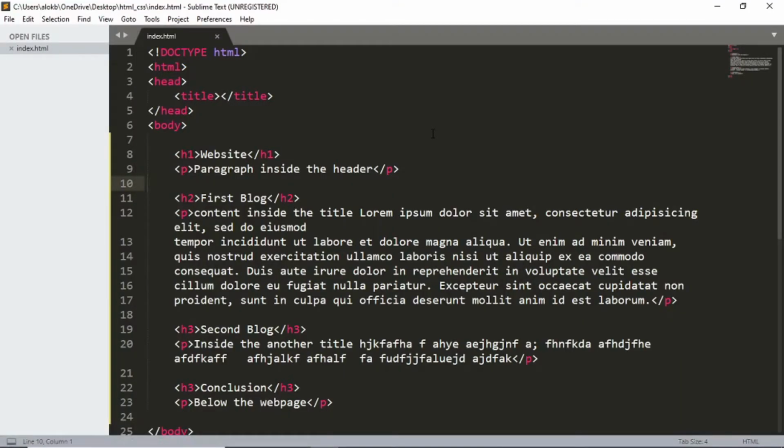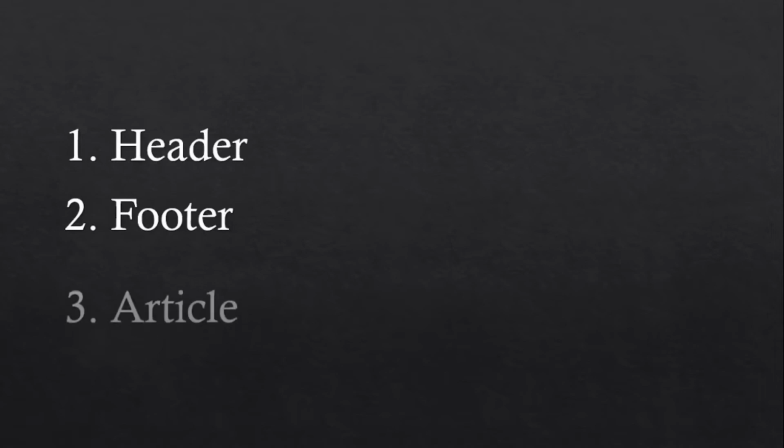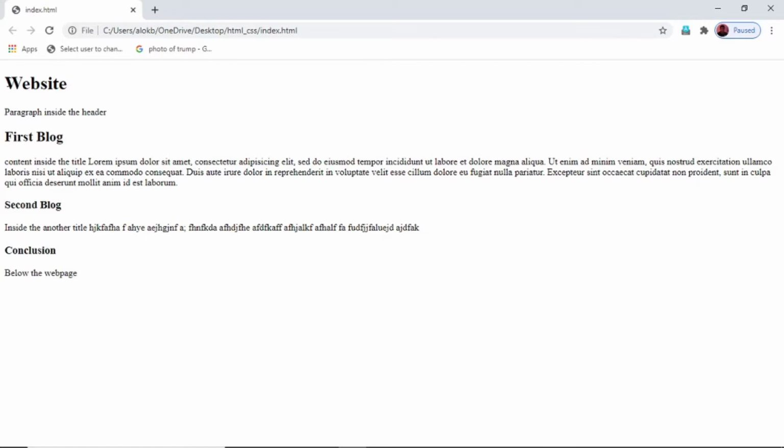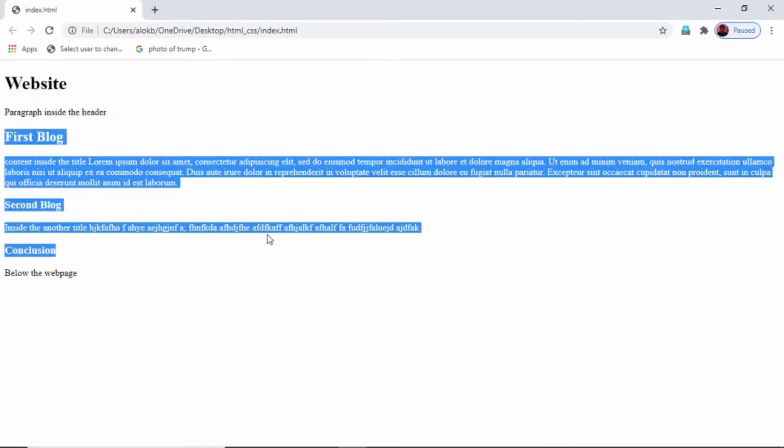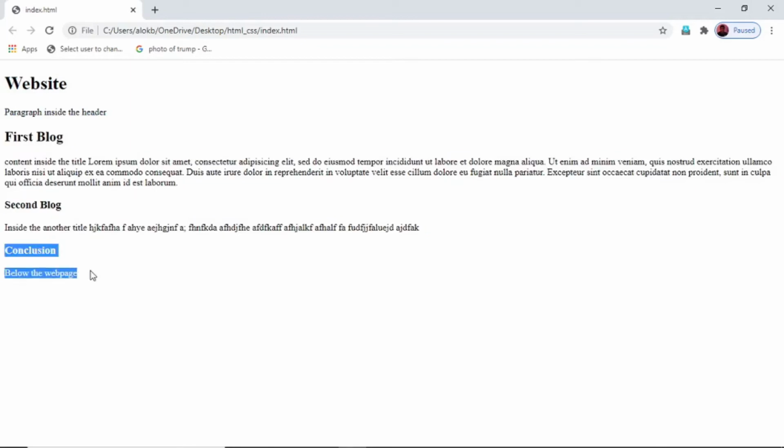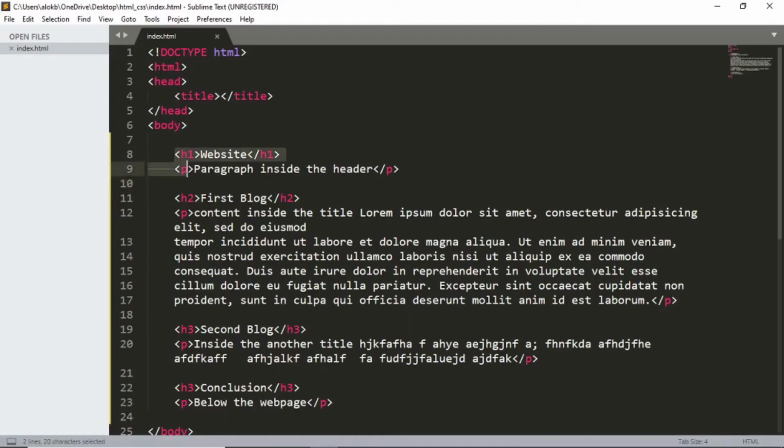Now before we begin, I want to introduce you to the first three structural elements, that are header, footer, and the article. Now if we look over to our web page again, we said that it seems to be the header, this is the article, and this is the footer of the page. So with that in mind, let's wrap this inside the header. So I will simply write header,